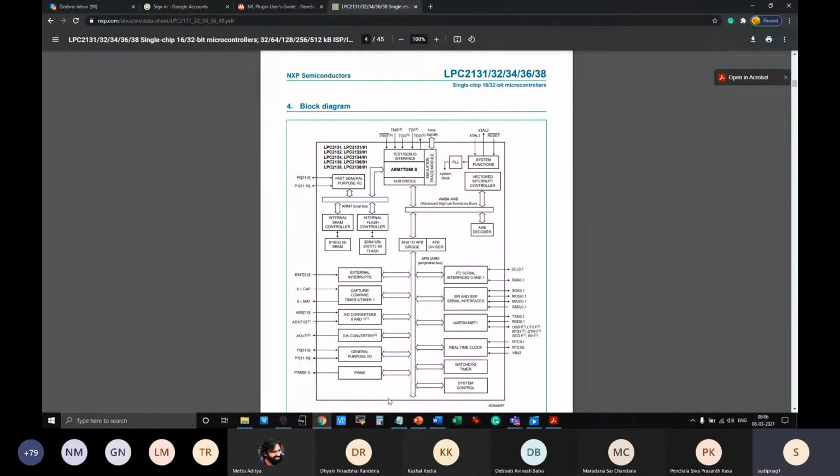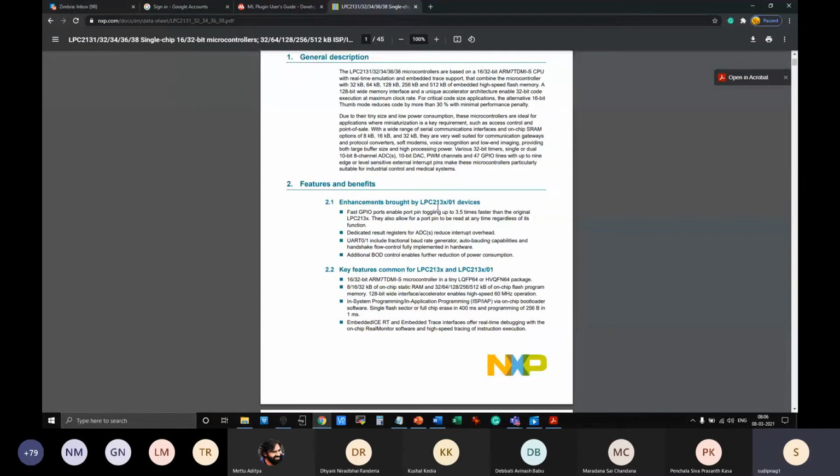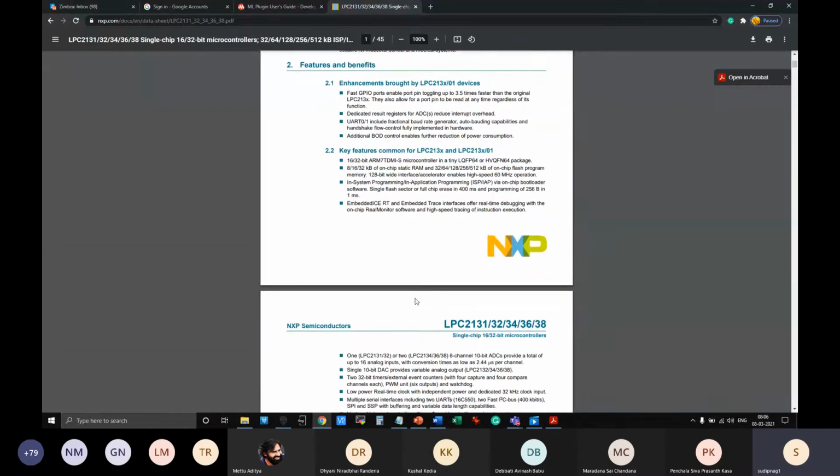Okay. Now, we have been looking at the ARM7 microcontroller from NXP, and this is one of the microcontrollers within the ARM series that we are studying. I have included this in the syllabus because of the ARM part of the course. We have been looking at this datasheet for many weeks now, and we already covered some of the key features of the microcontrollers.